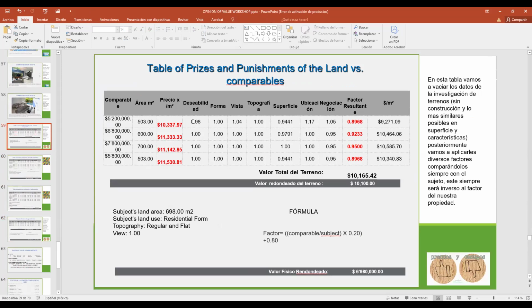You can use it or not. Right here, the factor comes here. It's decidable. You can set the factor or not. It's up to you. You can reward your property or you can punish your property. If you don't want to punish anyone, you just leave number one.